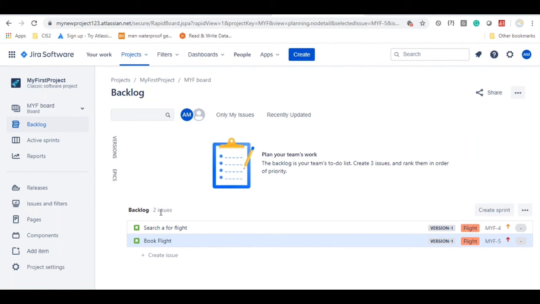Whenever they say version 1, that means version 1 will be delivered in December. So whatever user stories we have already assigned, all will be delivered to the end users. That's what it means.